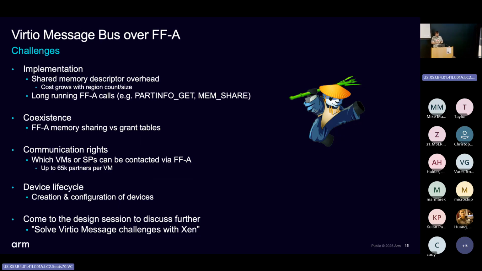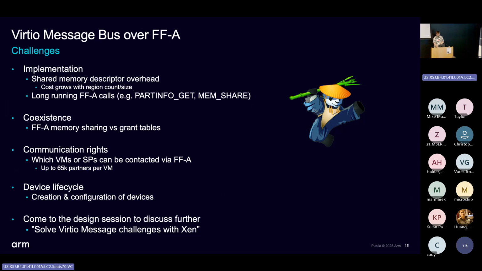dynamic memory allocation. And then finally, there is the device life cycle. We are not using PV backends, frontends, and so on. So we need to find a way to declare new Virtio devices somewhere so that they can be created and discovered by the other side. We have a partial solution for this, but the tooling integration is the main issue here. Okay, so there is a design session to discuss all those subjects, so please join if you want to help